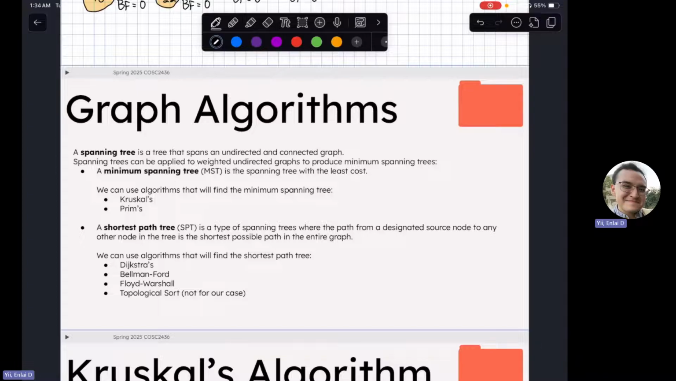So, minimum spanning tree is a spanning tree with the least cost. Basically, it's a path that will be the cheapest and the least expensive, which is good. And two algorithms will create the minimum spanning tree, which is Kruskal's and Prim's. We'll go into more depth about those algorithms in detail, but just know minimum spanning tree, either use Kruskal's